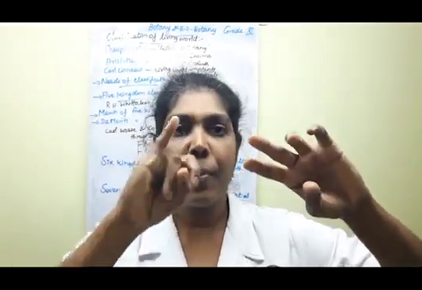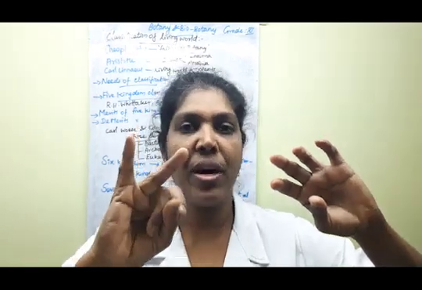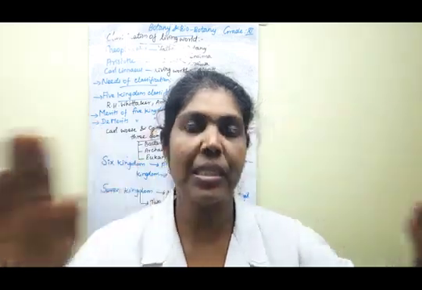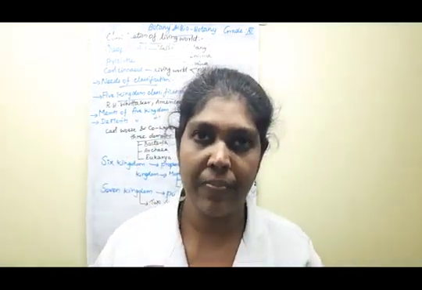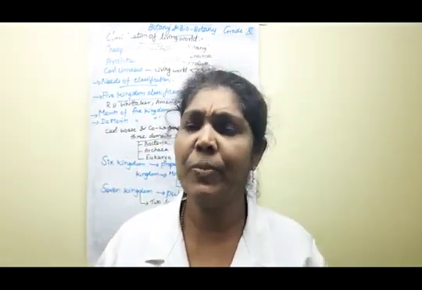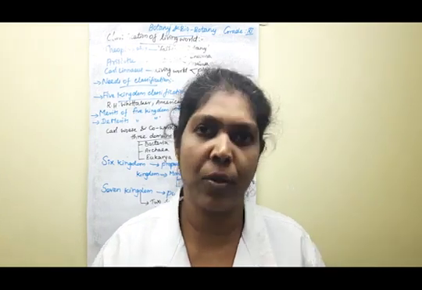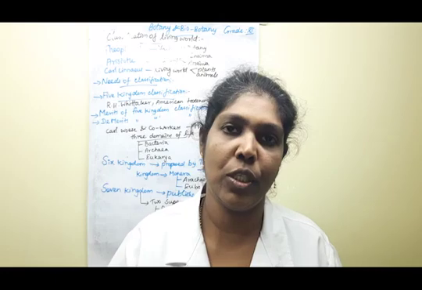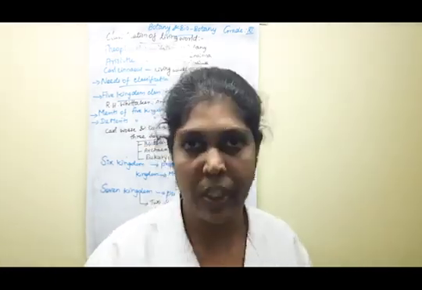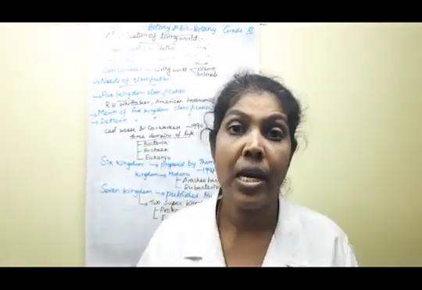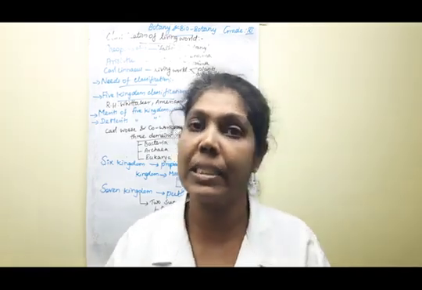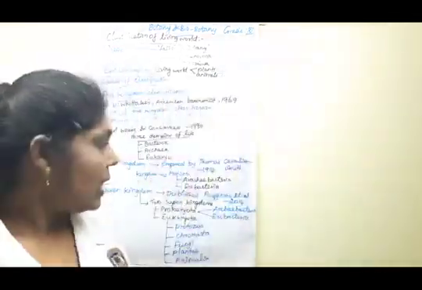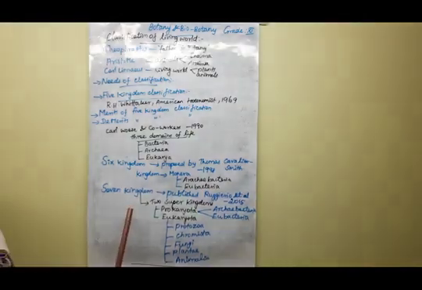Then third one, Protista, fourth one, Fungi, fifth one, Plantae, sixth one, Animalia. This is the system of classification. Are you clear? Sometimes they will ask a 2 or 3 mark question: what are the kingdoms that come under the six kingdom system of classification, five kingdom system of classification, or the seven kingdoms that were also recently discovered. Okay? Good.